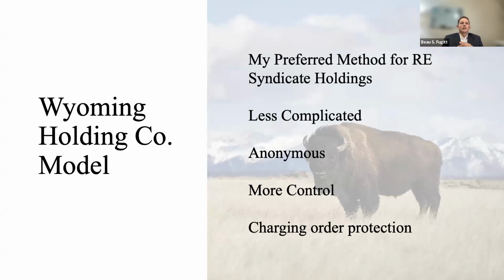The Wyoming LLC. Wyoming was the first state to enact LLCs, and they did it because they realized that investment is good. It's good for people to invest. It's good for people to take business risk, and it's good for those people not to be personally liable for those risks. So the LLC was created to give not only the general partner and the limited partners limited liability, but also to give all the members that limited liability. So unlike a limited liability partnership, all the members in an LLC have that limited liability.